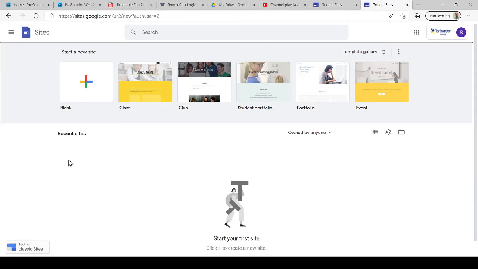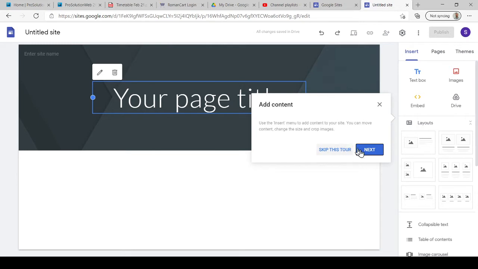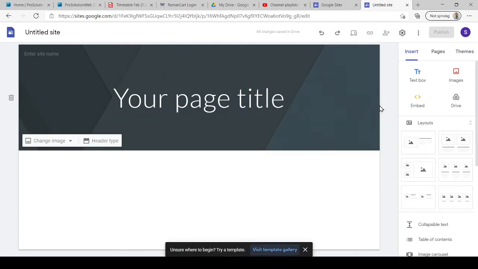Okay, so when you first get in, it'll look a little bit like this, and you'll see that it's asking us, do we want to use one of these ready-made templates, or do we want to start a blank one? Now, sometimes these templates are okay, but in all honesty, we're going to start a blank one because I think it's probably going to be less hassle and easier to start on a blank. All right, now you can just ignore all of these little helpful pop-ups that arrive